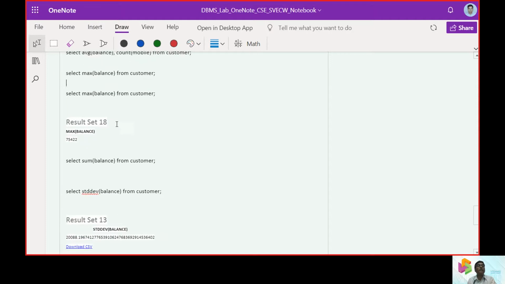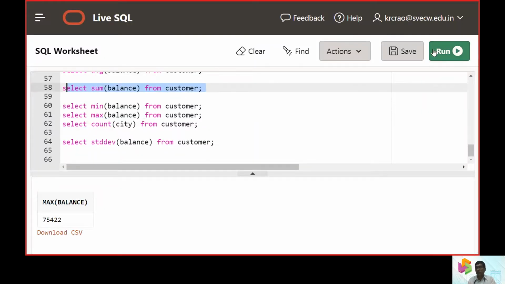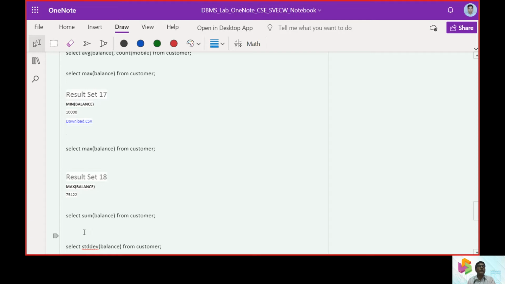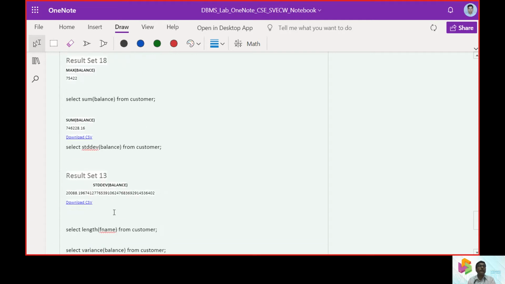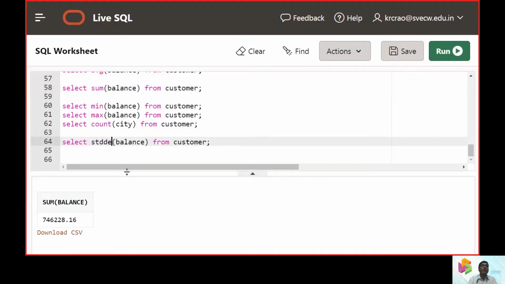We also worked on the sum example, the sum of the balance of the customer. When we need to run the command, we need to completely select it and then hit the run operation, so that the query can be executed appropriately. We can have another statistical operation like variance.